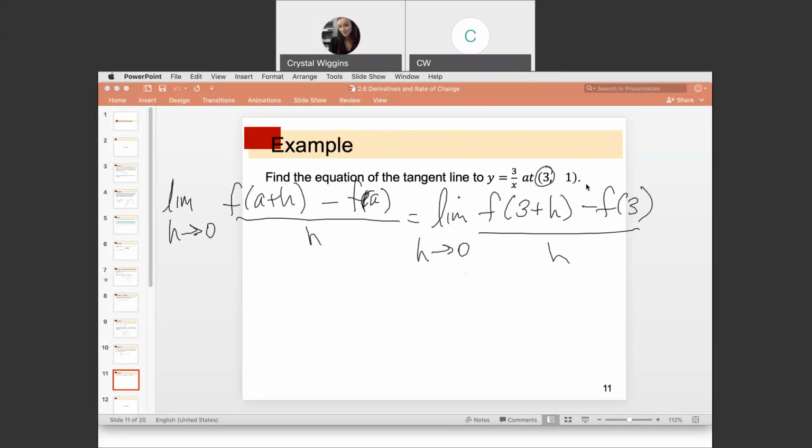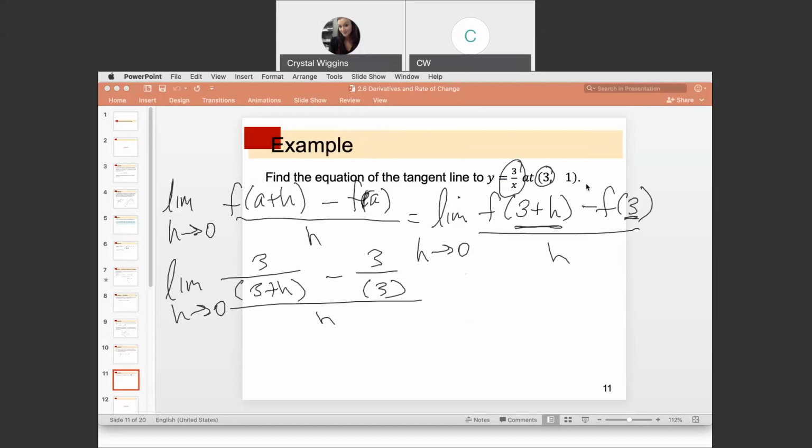Now, f of anything, f of x, is 3 over x. So we are going to replace all the x's with this 3 plus h, and then we're going to replace all the x's with just the value of 3. So we have the limit as h approaches 0 of the function 3 over x, where x is 3 plus h, minus 3 over x, where x is 3, all over h. And this gives us the limit as h approaches 0 of 3 over 3 plus h minus 1